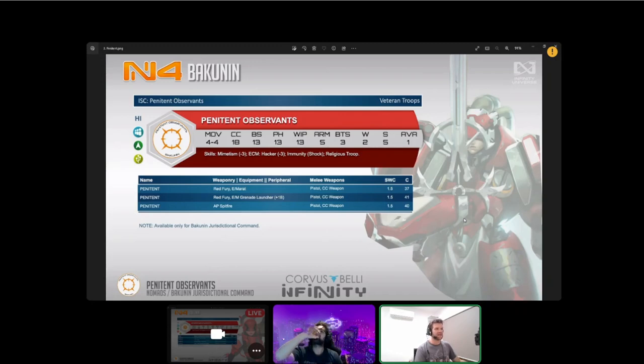And this is an interesting profile. Mimetism -3, ECM Hacker -3, which features a little bit in this faction that we've seen so far. BTS, it's BS13, 2 wounds, armor 5, S5 heavy infantry. You can kind of work out the rest. The weapon loadout is